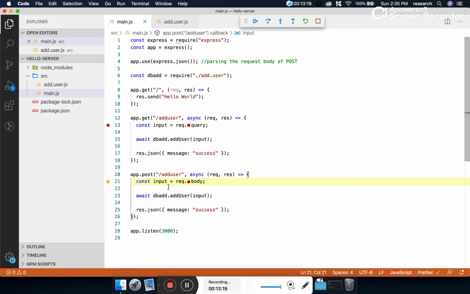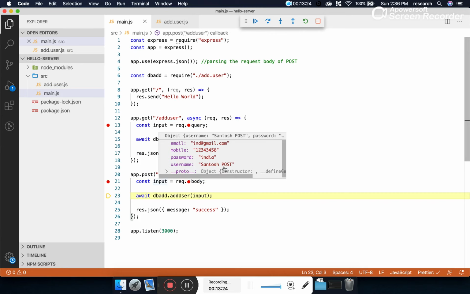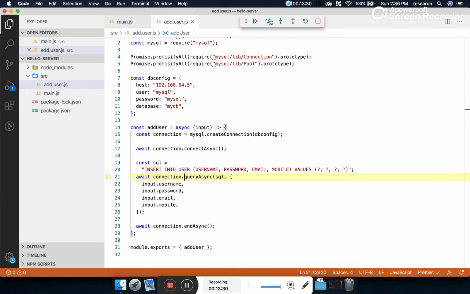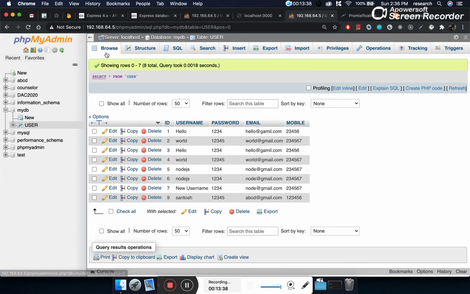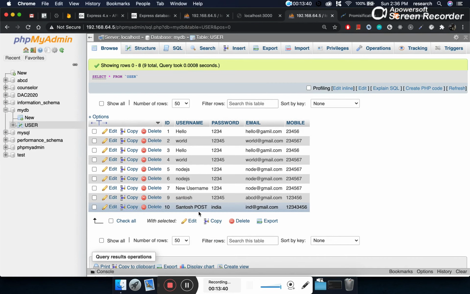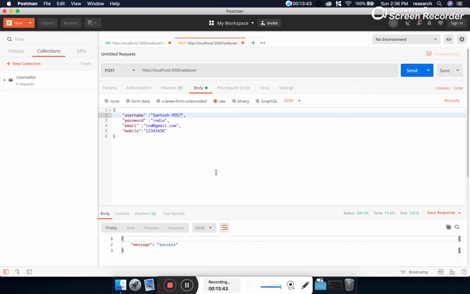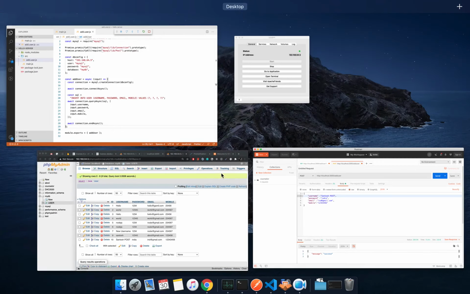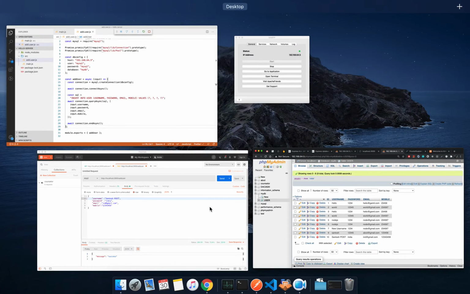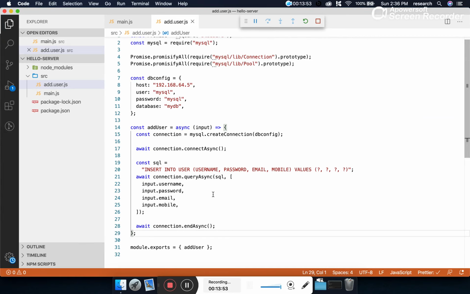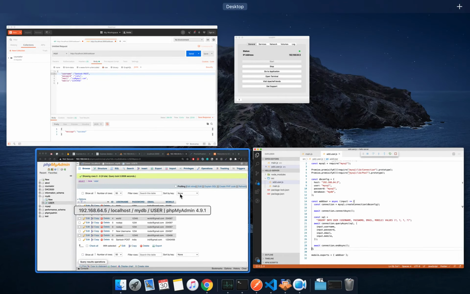Now let's click here. Now you can see this time the request has come to the post. And you can see the record here. Santosh post. The username is this, and the other values remain as they are. Again, we can go inside this method. We can execute the query, and if we go to the database here, we can see the record has been successfully added. Okay, so in this way we have created an API that is successfully saving a record into the database.